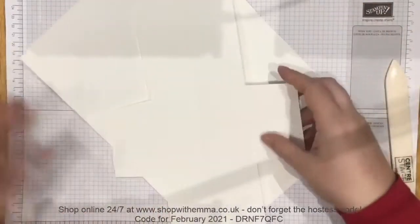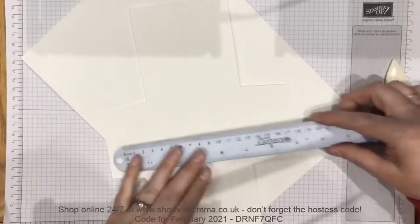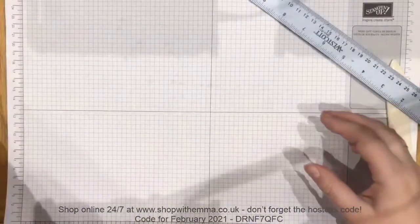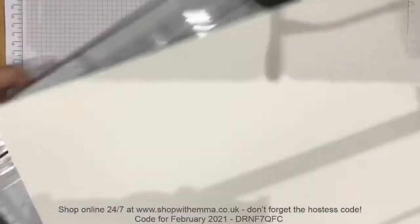No, I'm not. I'm just thinking about this. It's not a full A4 sheet you start with. You see, already I've got things wrong. I'm glad that there's only a couple of us watching. Okay, don't start with a full